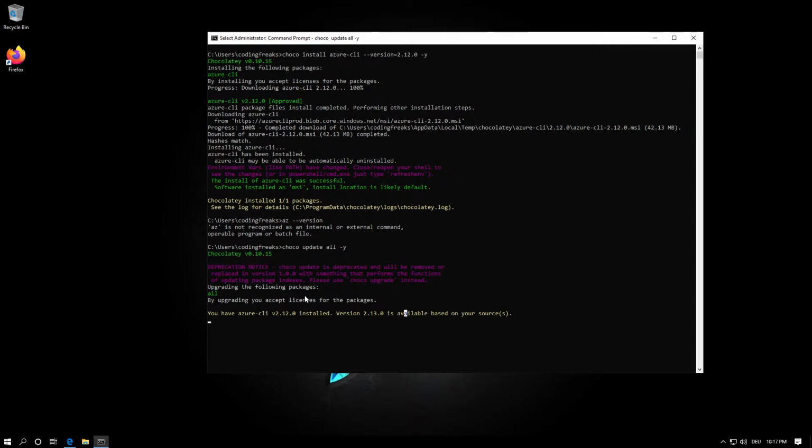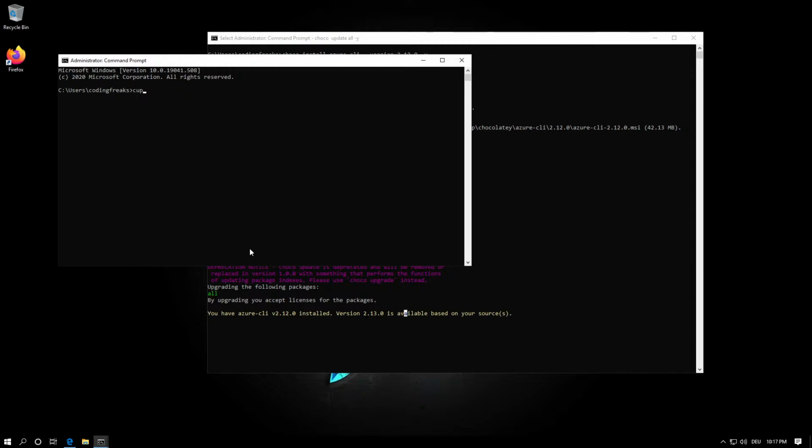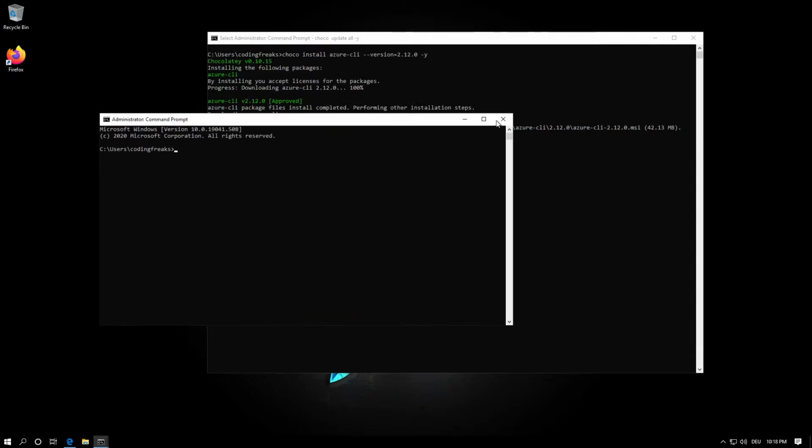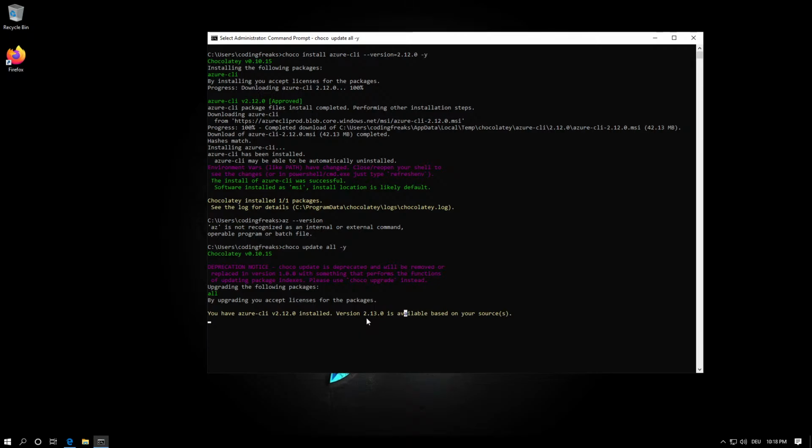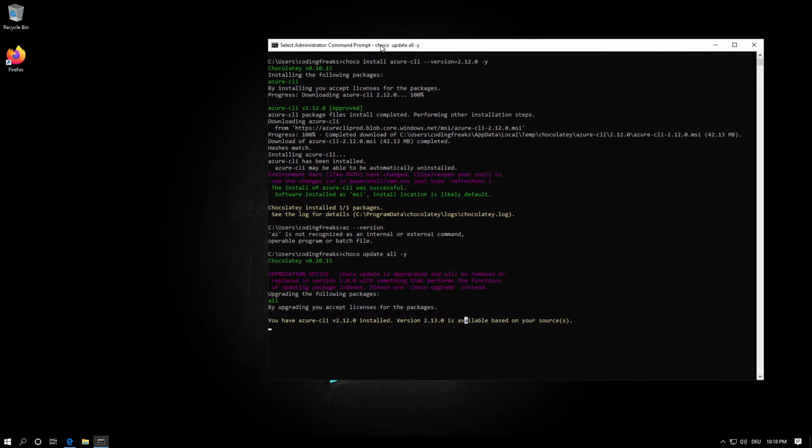A shortcut for choco update all or choco update is an alias, which is cup. This stands for choco update, and instead of typing this, you can do just cup, and there is a shortcut for installation too and for listing, I think, and stuff like that. It's just for convenience, but you can type choco update too. Okay, while this is running,